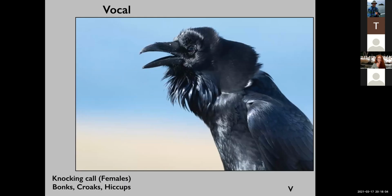The females have a very characteristic knocking call. When you hear this, it's a female raven until proven otherwise. They do have other calls, bonks and croaks and other things, but that call is a female